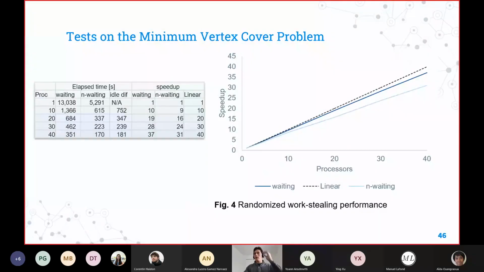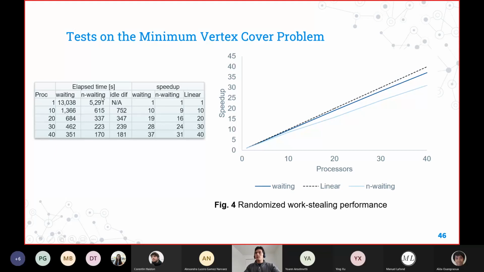That's just a comparison using the randomized work stealing approach. There is no novelty in this graph. What we have here is just a comparison between the two algorithms, to show that one of the algorithms is getting more benefit from the parallelism. Here, the waiting versions, those that return a value, are getting more benefit than the non-waiting version.